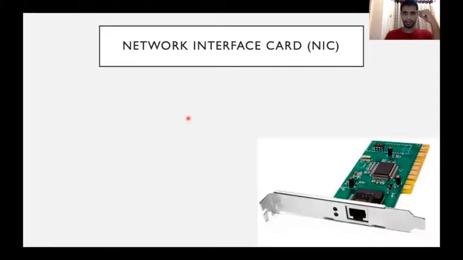So now we'll go for the network interface card. This is how it looks. How many of you have seen this, and where did you see this? Anyone? Sharon is here. Yes, in your computer, in the system unit. We commonly say CPU for the system unit, but system unit and CPU are different. Anyhow, you might see it in the system unit.